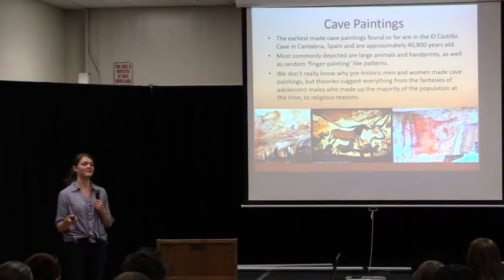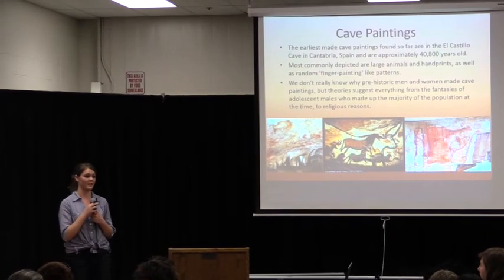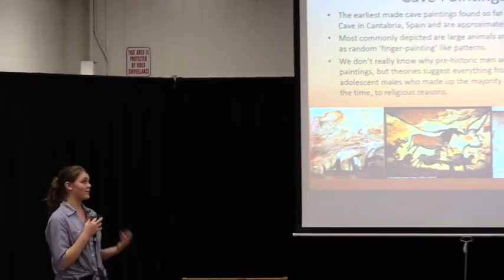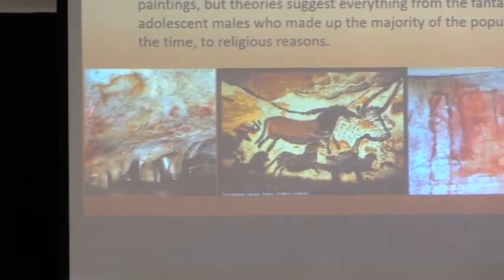So the first thing that people usually think about when they think of any kind of prehistoric art is cave paintings. And you should think of cave paintings because it's one of the most important views into what life was like for people back then, because there was no spoken language, there was no written language, there was just pictures. The earliest known cave paintings were found in a cave in Spain and are about 41,000 years old. And those are these ones down here.